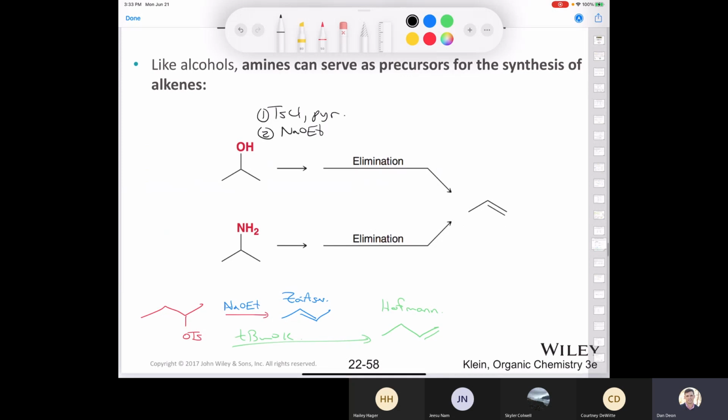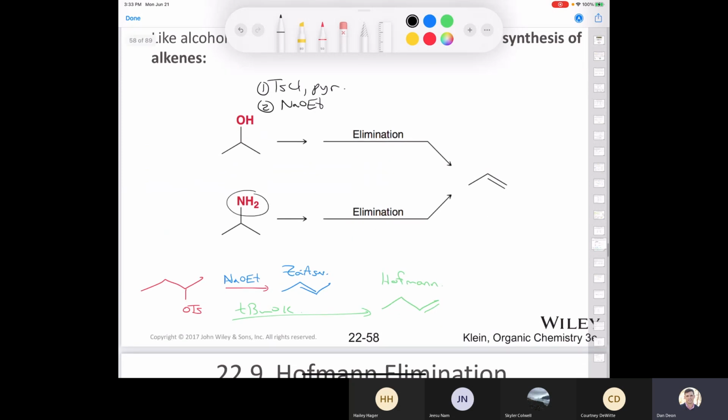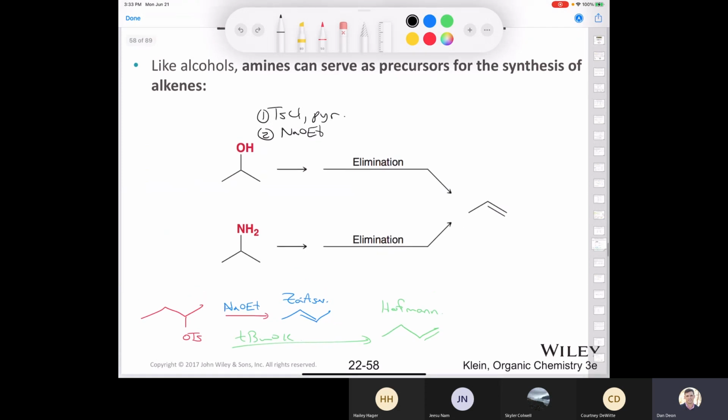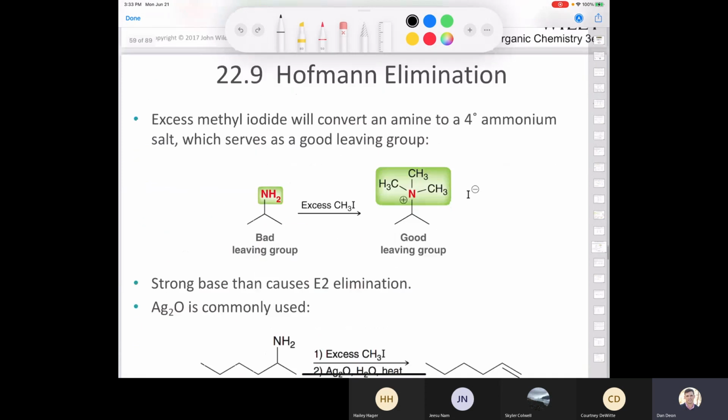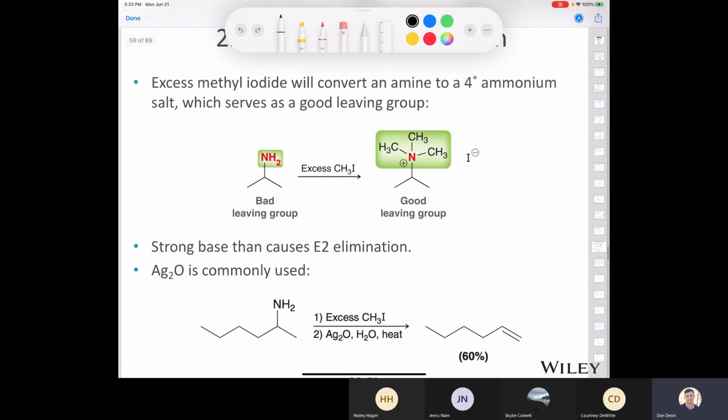Okay, great. But what do we do with an amine? How do we convert that into a good leaving group? Because it is not a good leaving group by itself. And what we're going to use is something that we looked at earlier today, and that's called exhaustive alkylation. Let me show you. If you use excess methyl iodide, so excess CH3I, it's going to convert that amine to a quaternary ammonium salt, right? You make a quat,